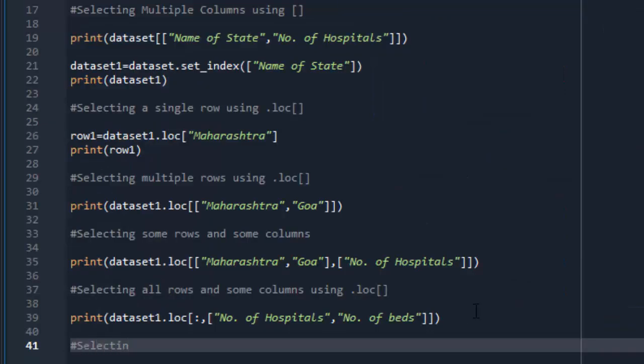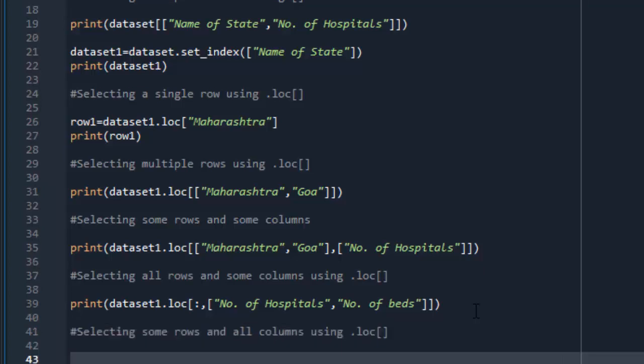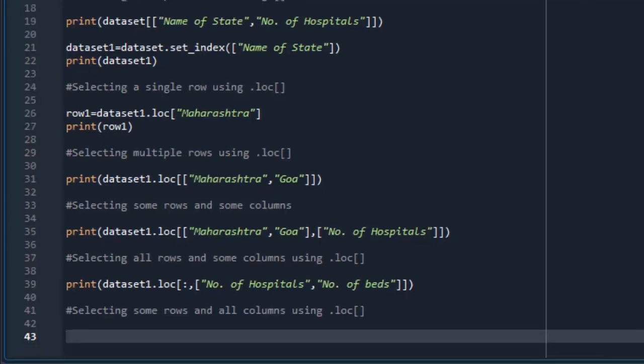Now let's see the example of the vice versa condition, that means selecting some rows and all columns using .loc. So just take the print statement, print in bracket dataset1.loc.